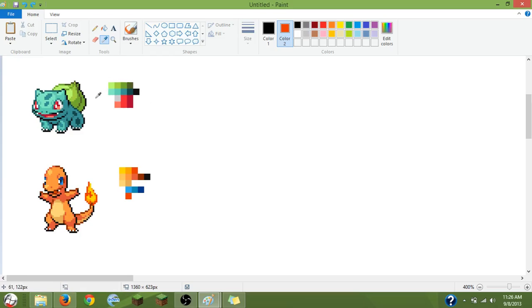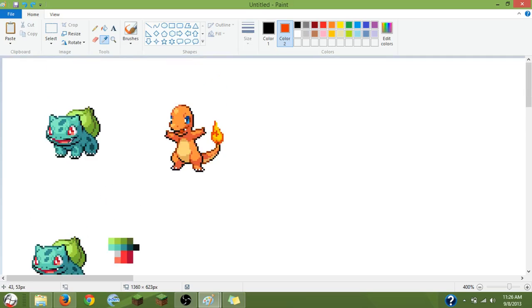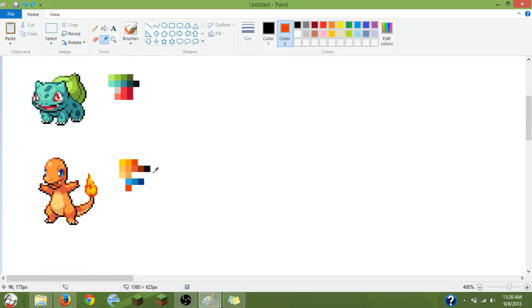In this episode we will actually be recoloring Charmander, because how I do it is that the first sprite we use for color, and the second sprite we use for the form, or at least the shape of it, or how it looks rather. Alright, so what I like to do is